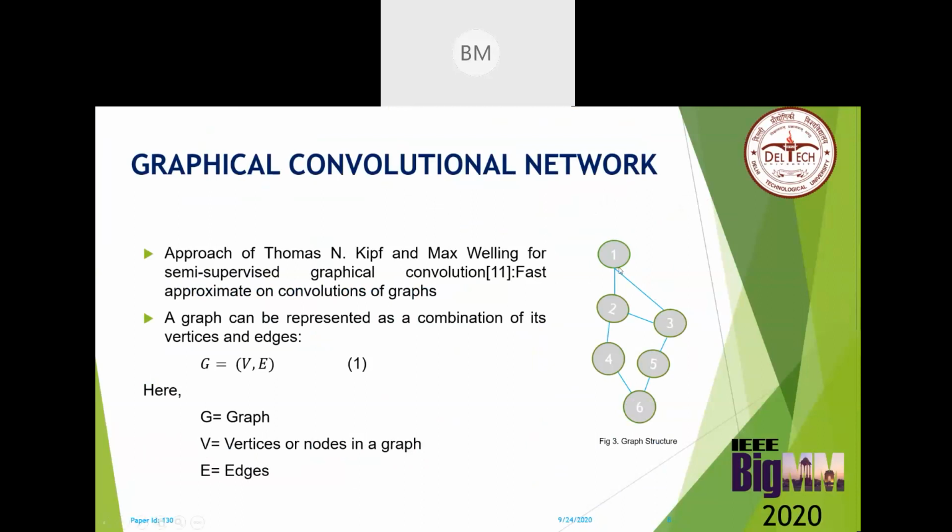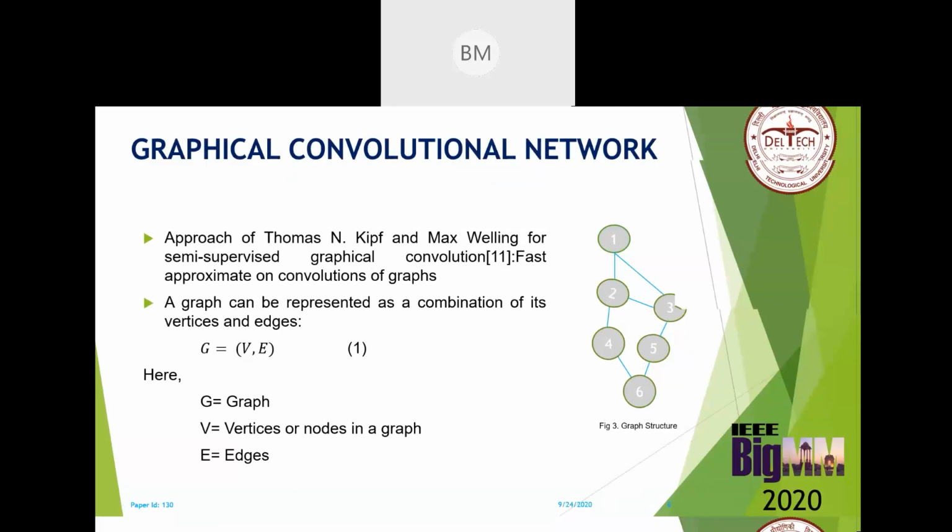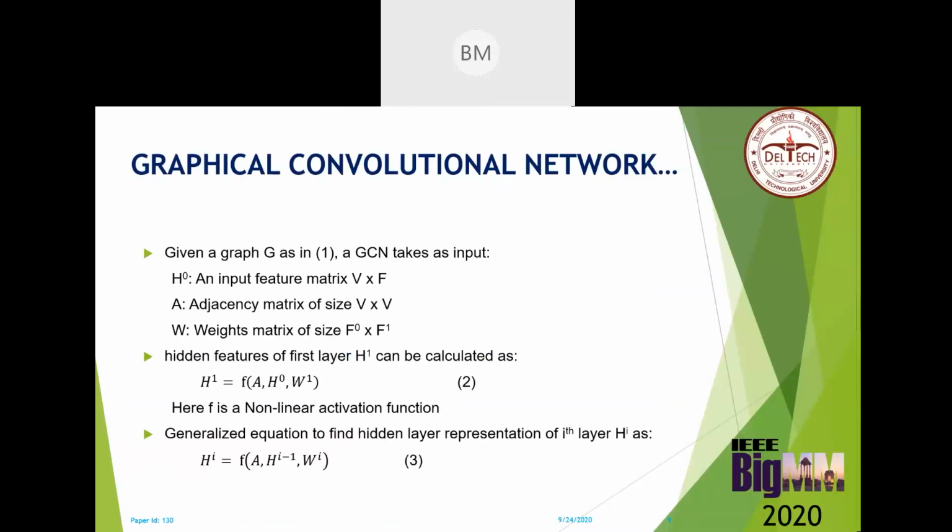So on the right hand side, you'd see that there's a graphical structure present. There are 6 nodes and there are edges that are connecting them. So this graph could be depicted as G, and it's a representation that comes from its vertices as well as edges. For each graph convolutional network layer, we have a given graph G, and we take in 3 inputs. The first one is an input feature matrix H0, which is of dimension V cross F, where V is the number of nodes or vertices in a graph, and F are the features of each node. We have an adjacency matrix of dimension V cross V, and then we have a weight matrix of size F0 cross F1, where F0 could be understood as the input feature vectors, while F1 are the